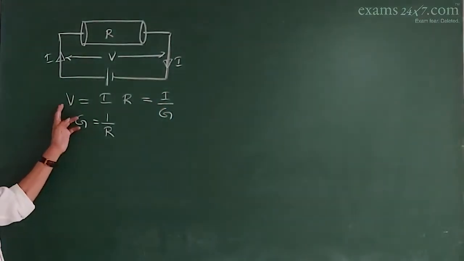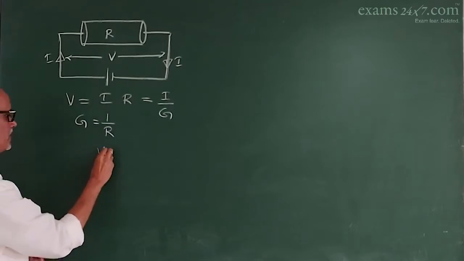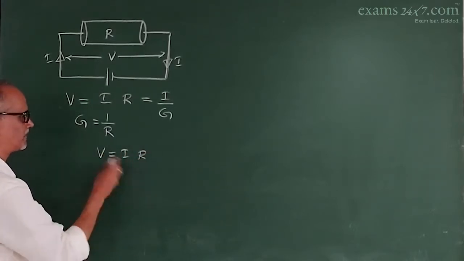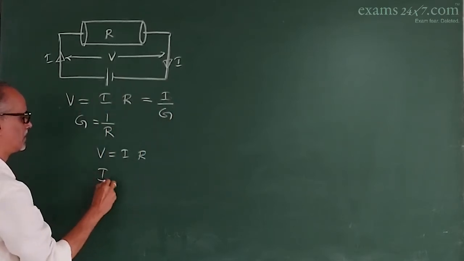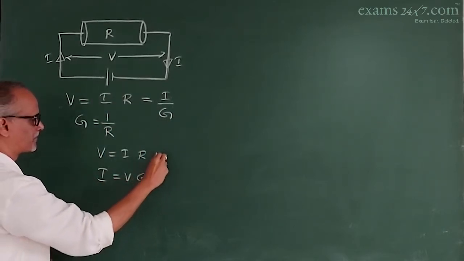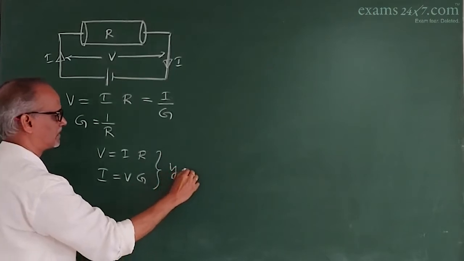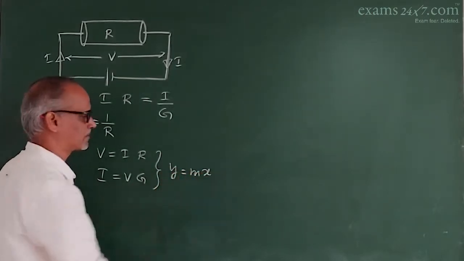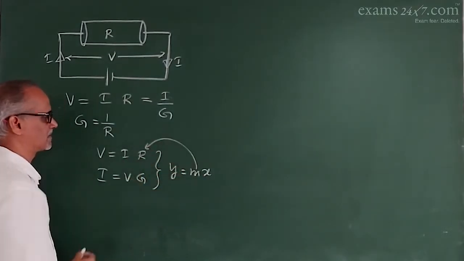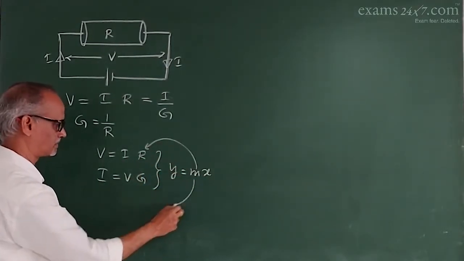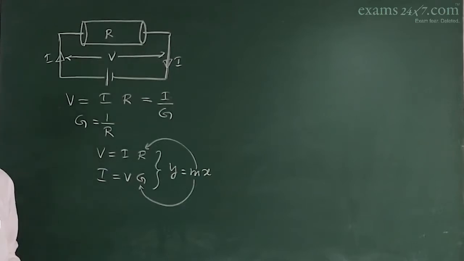Now V is equal to IR. Or if I rearrange, I is equal to V into G. Here both the equations are of the form y is equal to mx. In the first equation, m is R. In the second equation, m is G. So therefore,